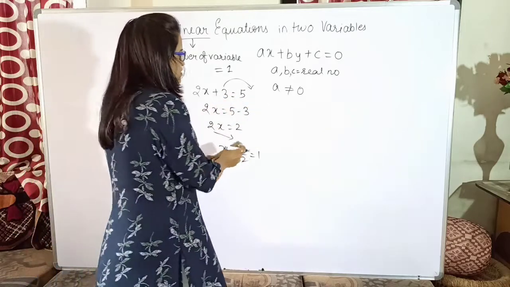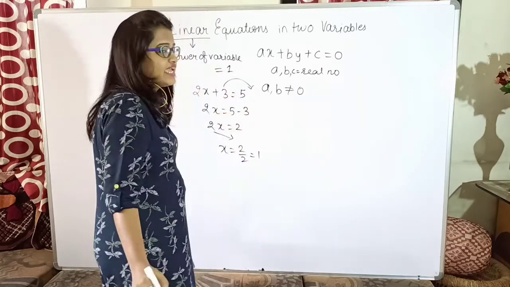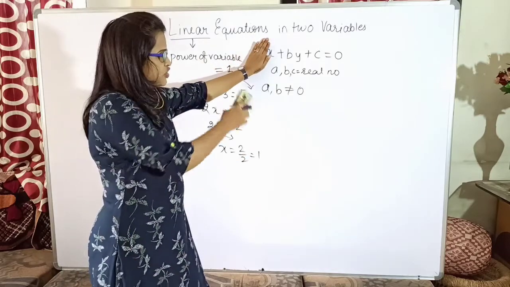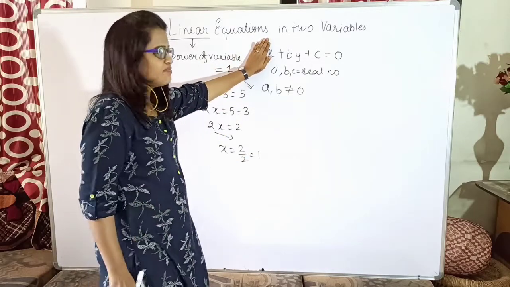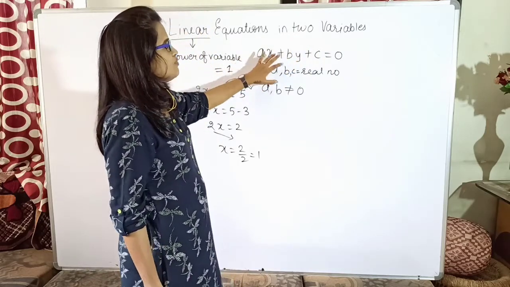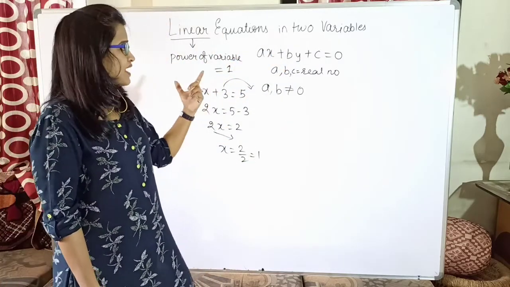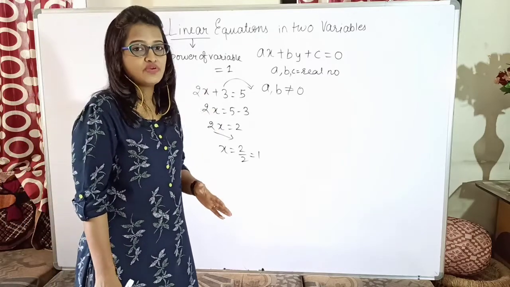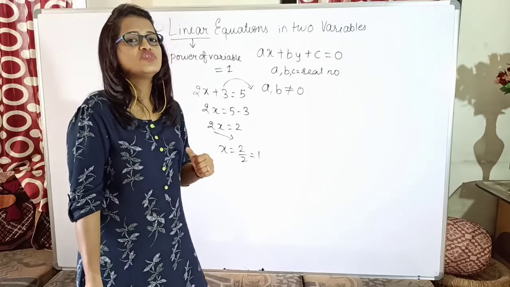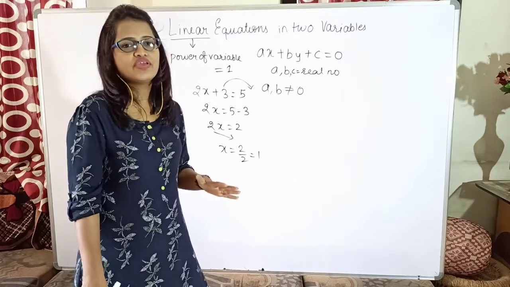Okay, second condition. Here I just wrote a not equal to 0, but now I will specify a and b both not equal to 0. Same reason, because if you take a as 0, you will get an equation in which there is only one variable. If you take b as 0, you will get an equation in which there is only one variable. But if both the a and b coefficients are not equal to 0, it means you can get an equation wherein two variables are present, and a, b and c can have any real number values. I mean, it can have fractions, it can have square roots, anything. Only the condition with respect to the variable is that the power of the variable has to be 1. You cannot have any other power.